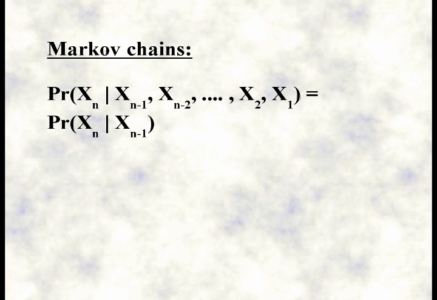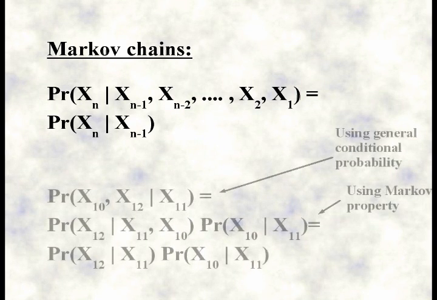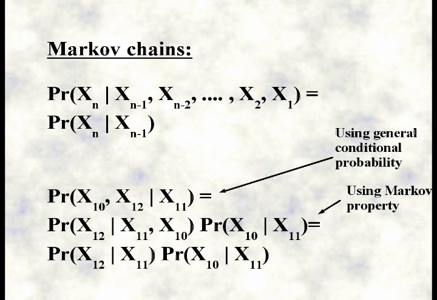Markov chains are one way out of this mess. In a Markov chain, the outcome of a trial only depends on what happened previously through the closest measurement. The probability of xn given x1 to xn minus 1 is equal to the probability of xn given only xn minus 1. And if you have 3 trials, x10, x11 and x12 for instance, you've got that x10 and x12 are independent conditional on x11, see clip 13, evidence about evidence. Also the 5th clip in the YouTube religious identity survey videos can be useful.